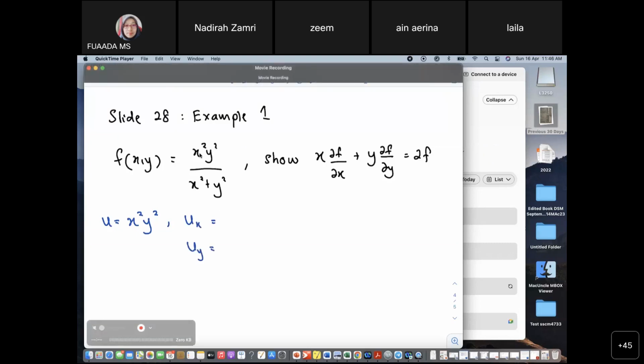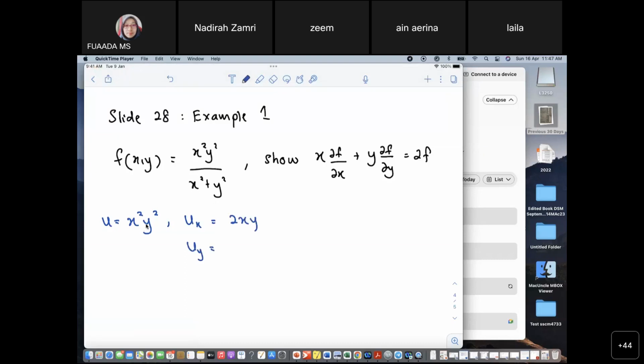Okay, u is x squared y squared. So we want to differentiate with respect to x. So y is constant. So x squared becomes 2x and then y squared. Next, with respect to y. So x is constant. So you will have 2y x squared. Okay,